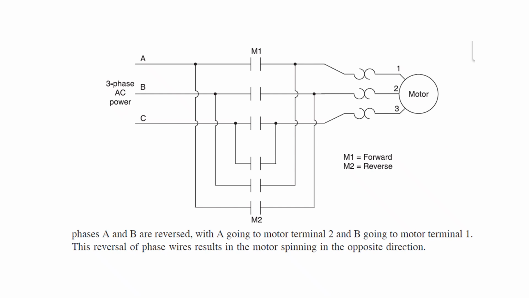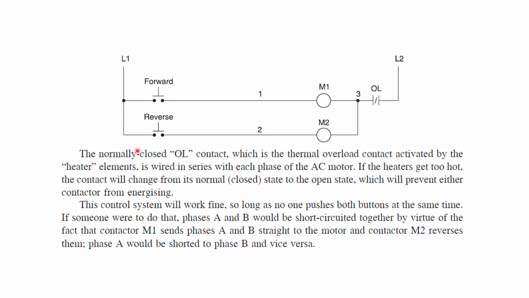So it is going to spin either in a forward or in a reverse direction as per the connection. Here you can see we have a normally open switch: for the forward direction one switch, and M1 gets energized,